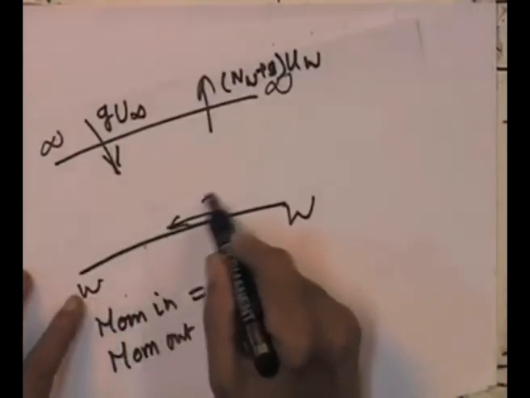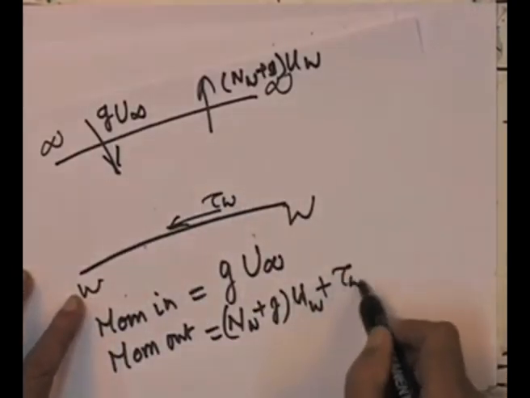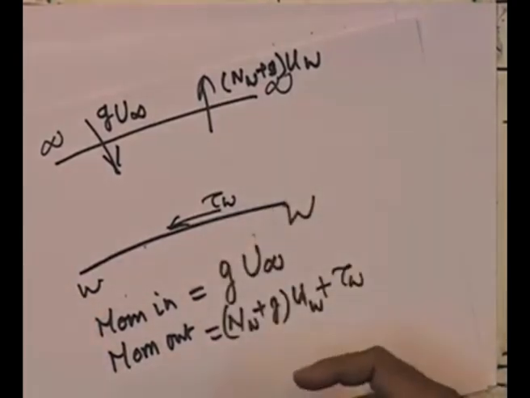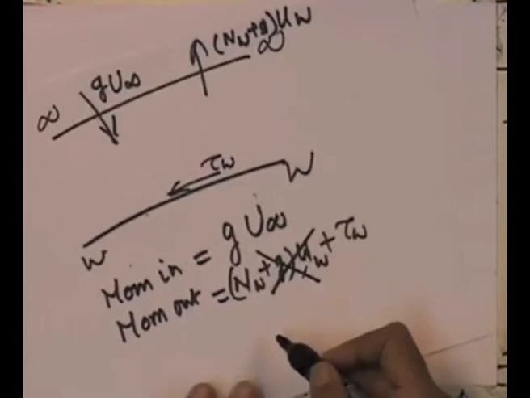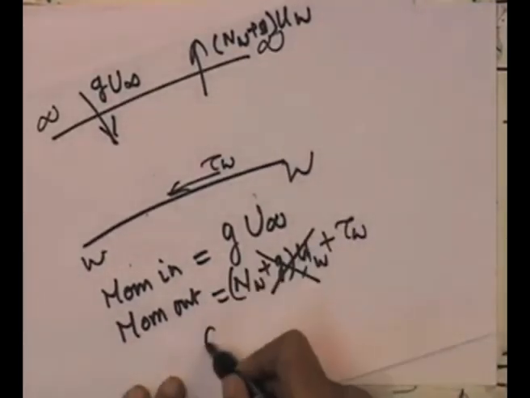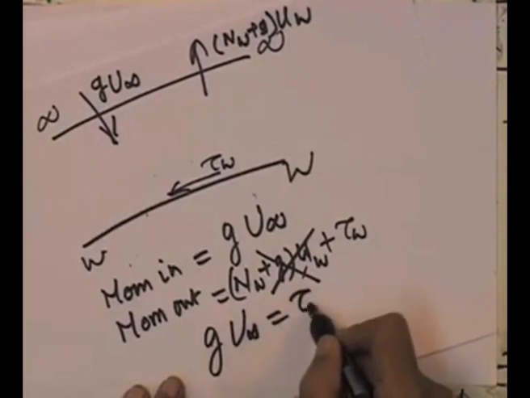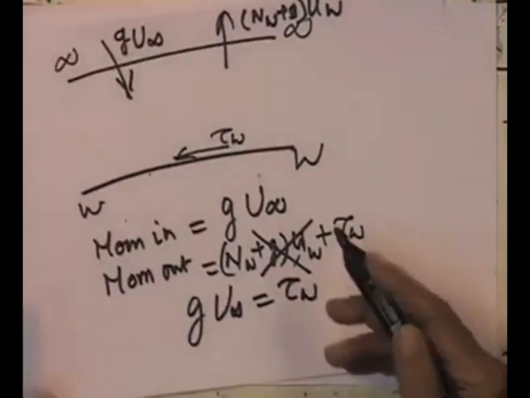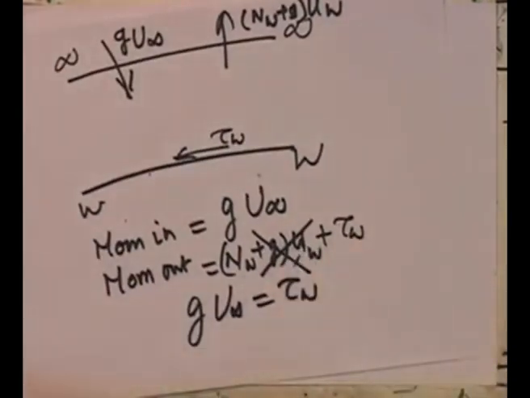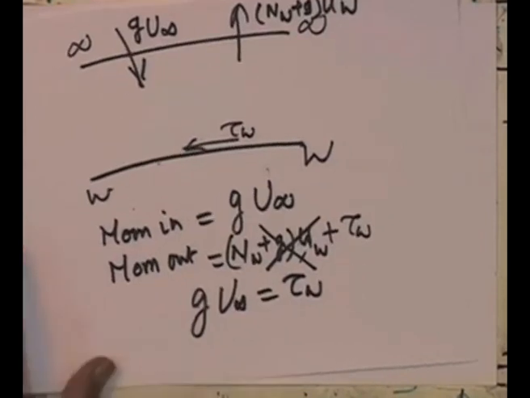plus shear stress tau W. That is also momentum out of the cell, but at the surface U W will be 0, therefore, that goes out. So, basically if I equate the two, I get G U infinity equal to tau W. That is what the Reynolds flux model implies. So, let us see what does this mean. Well, so basically as you will see here, I have set N W plus G U W equal to 0, and